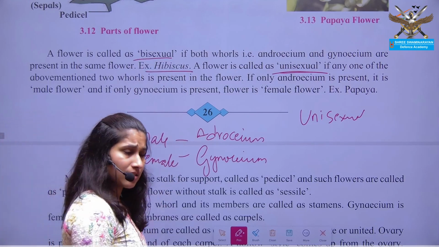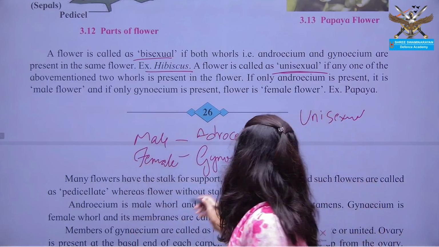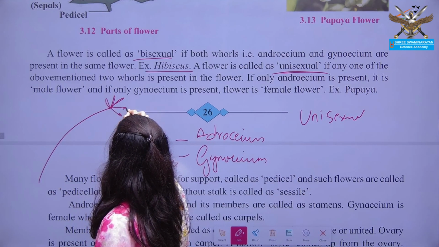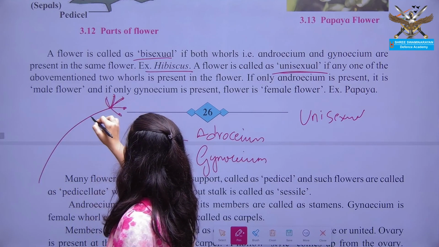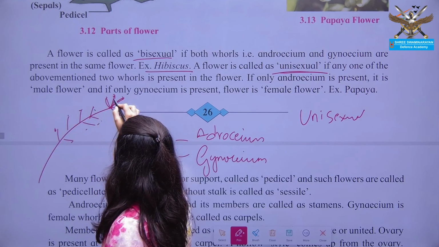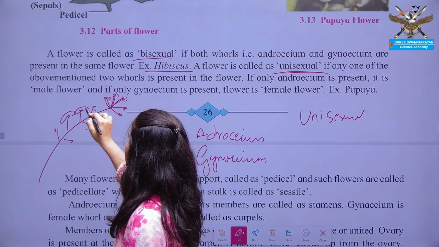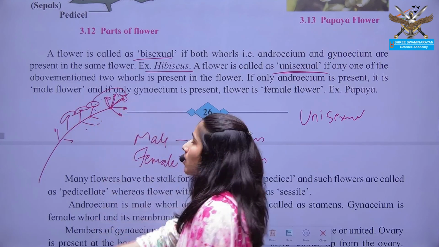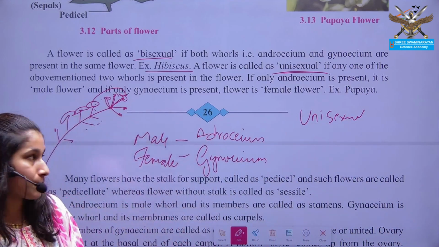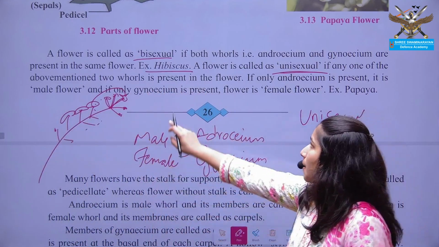Okay, so as an example of a bisexual flower, you can remember the hibiscus. In hibiscus you will see the anther filament present on the gynoecium structure. Here you will see the pentamerous structure of anther, right? They burst open, and here is the pentamerous structure of the gynoecium, and here the anthers are present. This releases the pollen grains which are then transferred to your gynoecium. In the case of hibiscus, there is presence of androecium as well as gynoecium. Such a flower is known as a bisexual flower. Example is hibiscus.